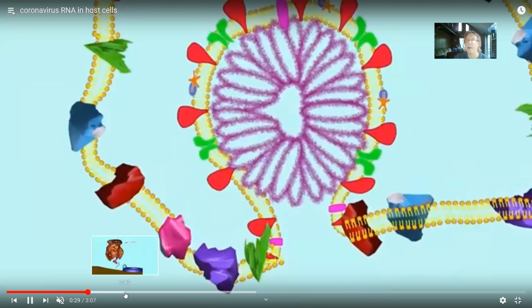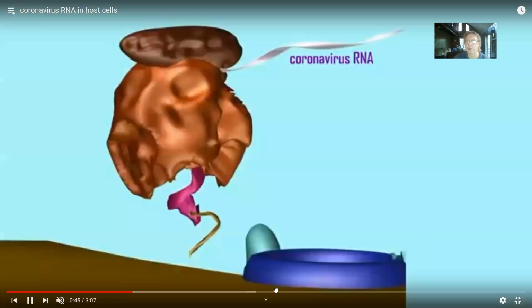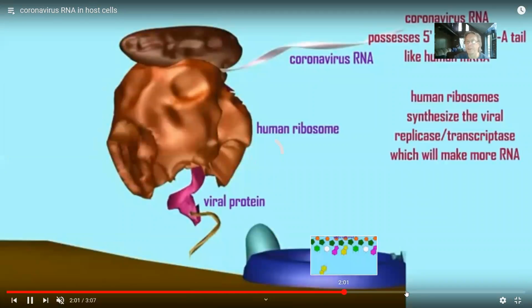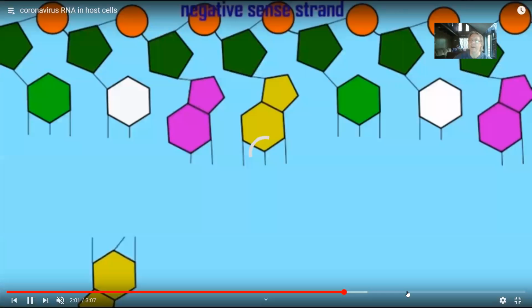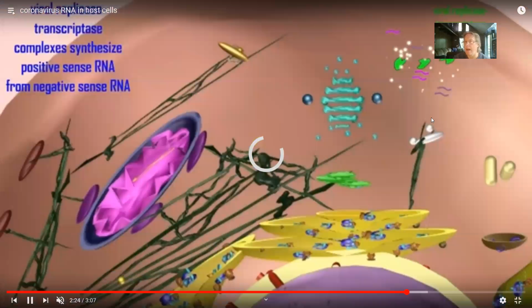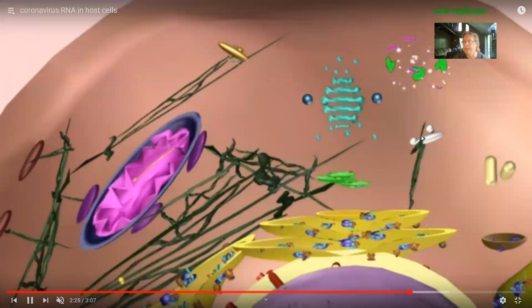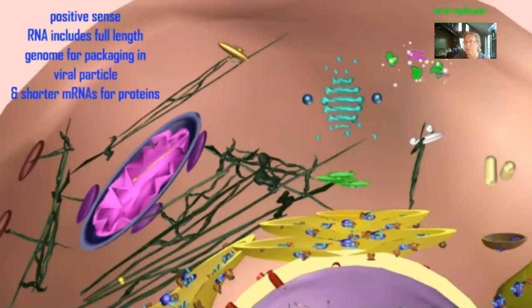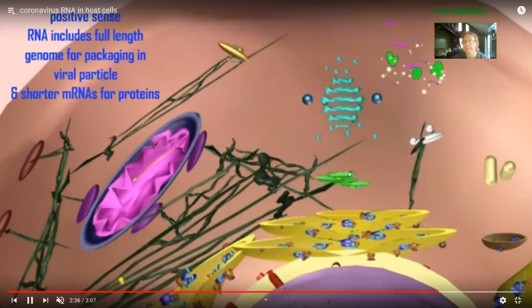cell. So once the RNA is inside the human cell, the human ribosomes attach to it, and they start to then make those polyproteins, which then causes more of the viral nucleic acid to be made. And then ultimately, you have all of these proteins which are being processed at the RER and other membrane systems like the ER to Golgi compartment here.